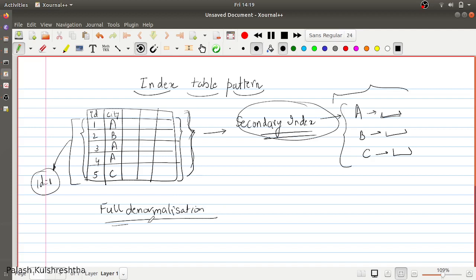It's just a fancy way of saying that, rather than having a primary key on ID, you can create a primary key on city.